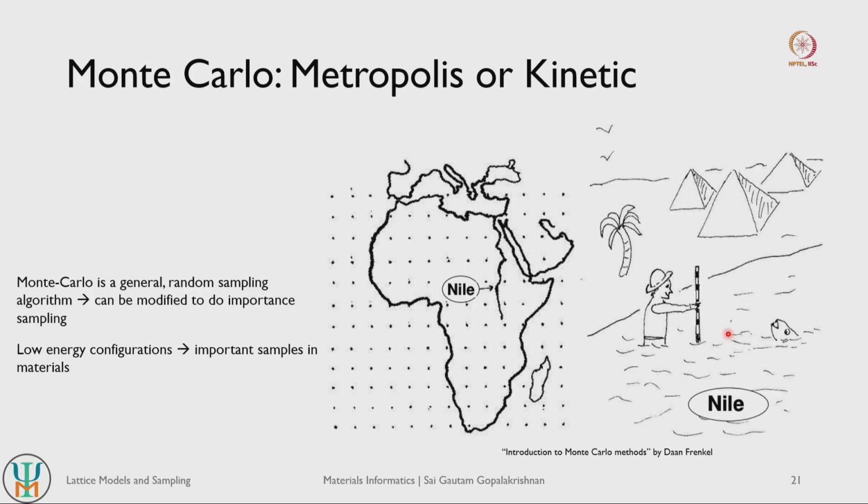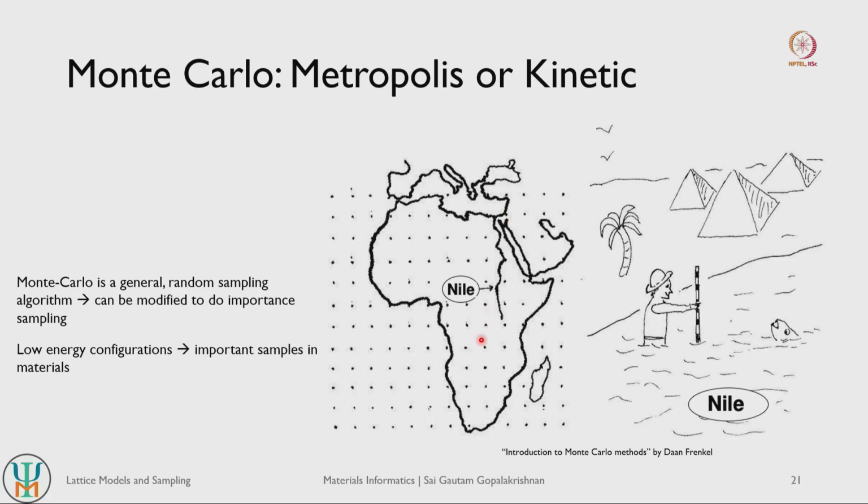I will give you another example of importance sampling, right. Let us say you want to measure the depth of the river Nile in the continent of Africa, and you have a stick that has been given to you. Simple sampling would basically ask you to travel across all of Africa and measure the depth at each point within the continent, then identify which of those points actually fell on the river Nile, and take the average of those points to get the average depth of the river Nile. So in simple sampling you are wasting a lot of resources sampling across the continent of Africa here, right.